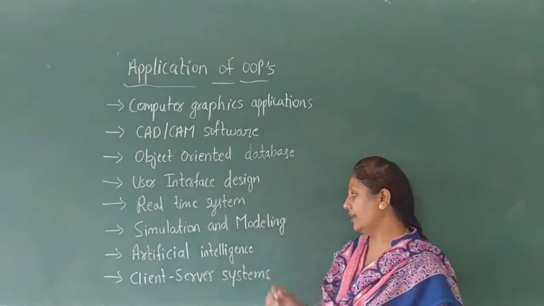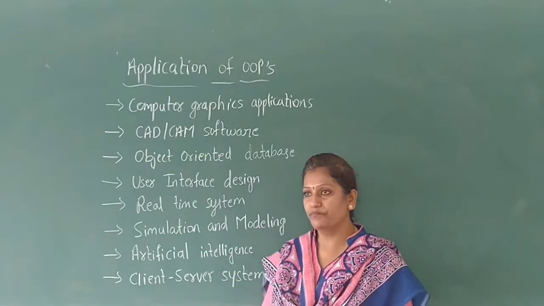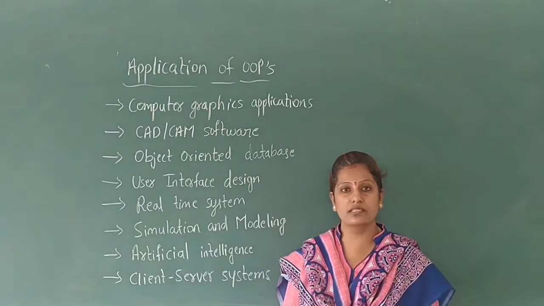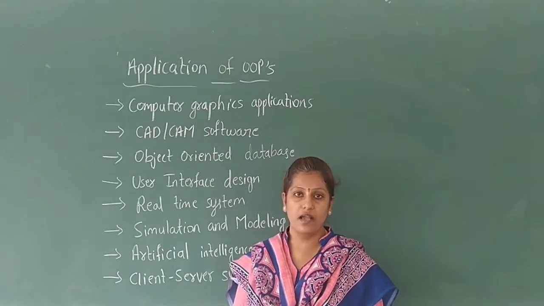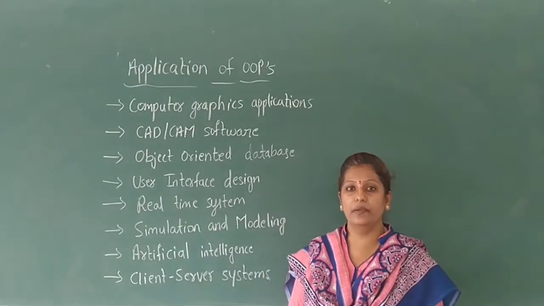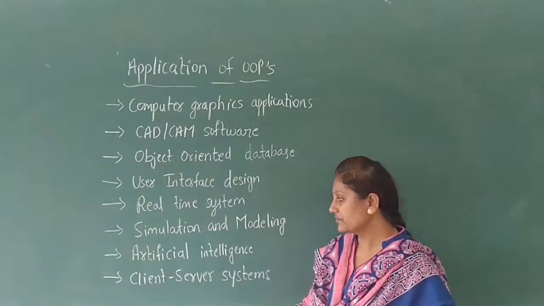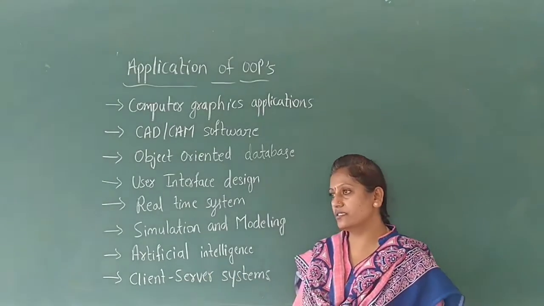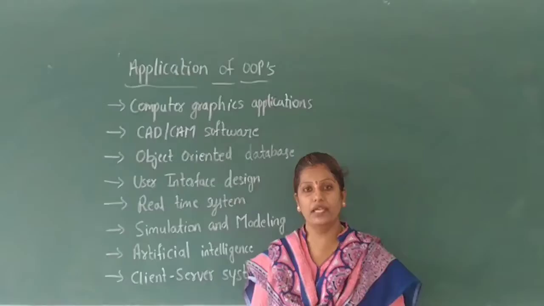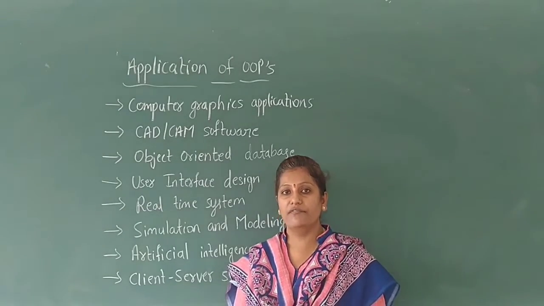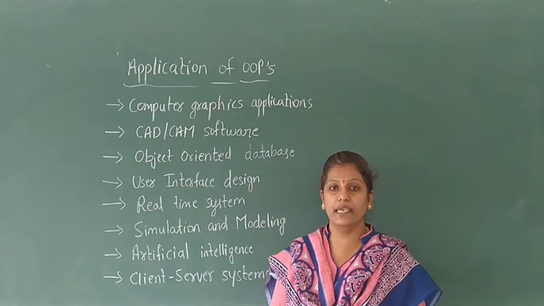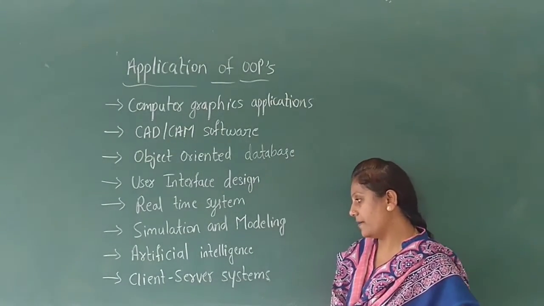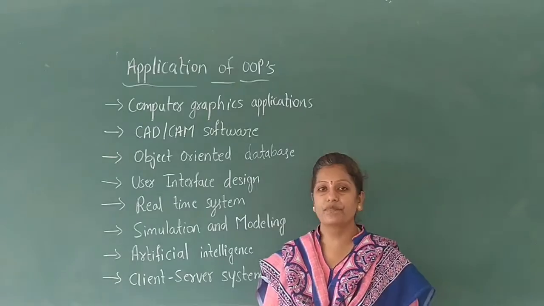Simulation and modeling. Simulation and modeling is mainly used for creating physical models like input devices, output devices and memory devices. Artificial intelligence. Artificial intelligence is mainly used for developing robotic machines that function the same as human beings. Client server systems. The client server software runs